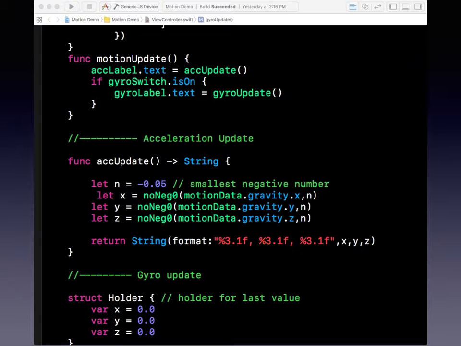Okay, now the acceleration. What goes on there? Well, I'm returning a string because that's what's placed in the label. This is actually fairly simple. There's the X and Y and Z component that is extracted out of the motion data,